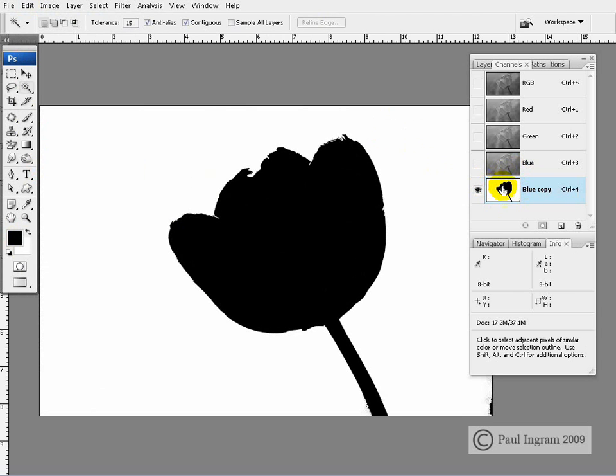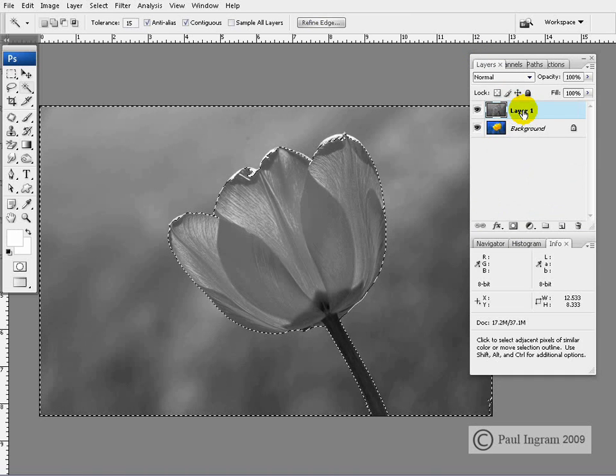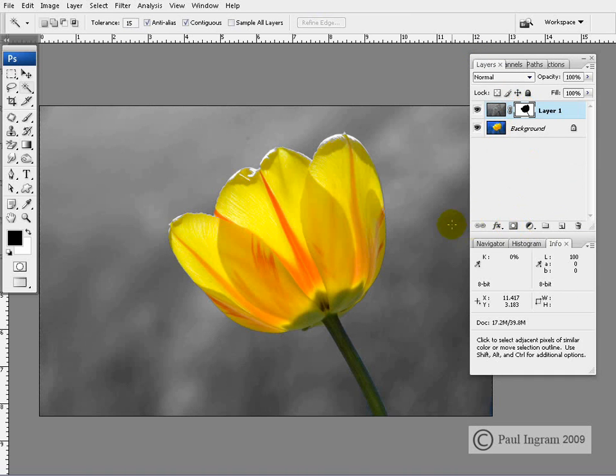Once again, to load this as a selection, I can Control click on it, or I can drag it down to this icon here. That loads that as a mask. And while it's active on the screen, if I add the layer mask, then we get our perfectly masked selection, and it does a perfect job rather than having to paint painstakingly around the edge of the flower, and hoping that we can do a really fast and accurate job. As you can see there, by our knowledge of channels and a basic knowledge of creating a mask within a channel, we've been able to get a much faster and much more accurate result with this example. So we'll leave this